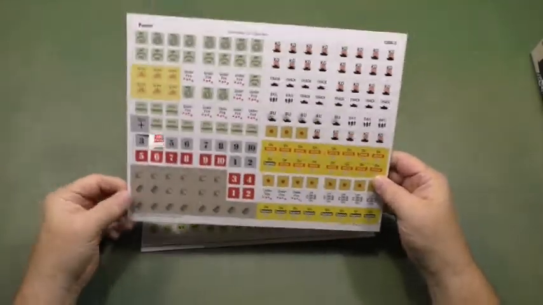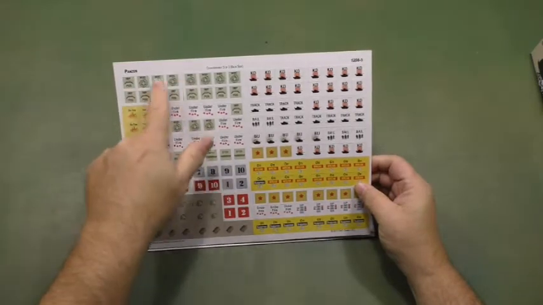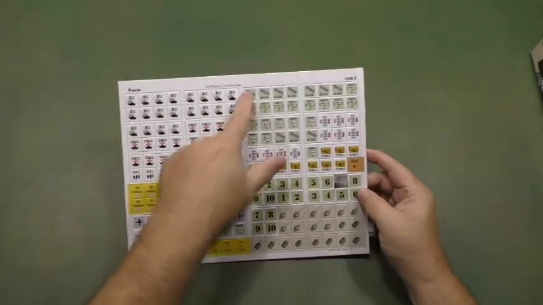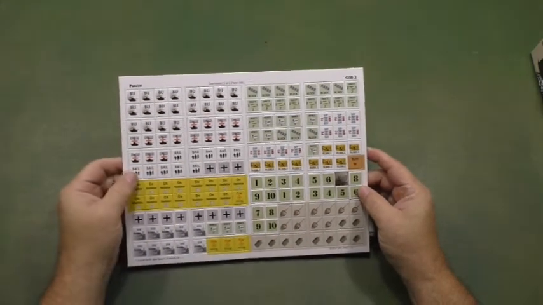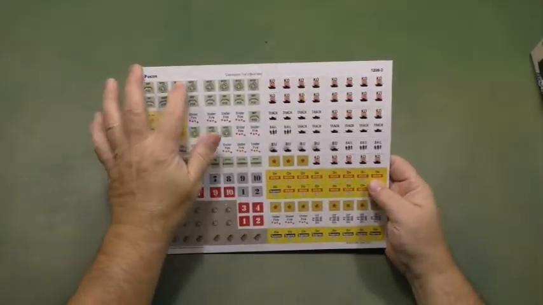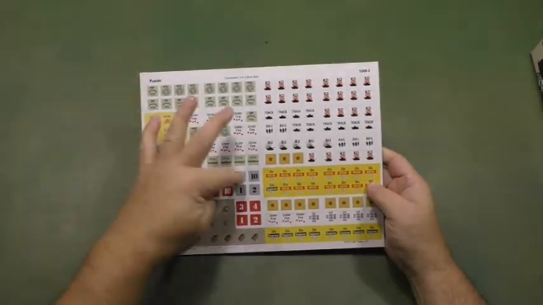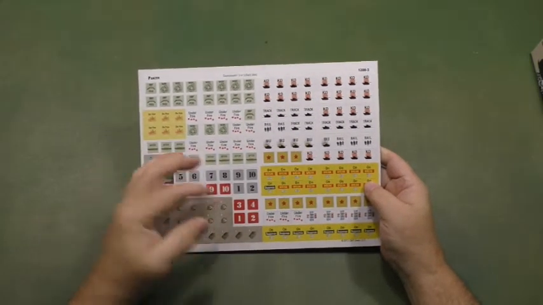But the thing is, on the other side, you have different things. For example, this is wire, and on the other side, it is block. So basically, they restrain you. They give you 1, 2, 3, 4, 5, 6, 7, 8, 9, 10 blocks, or barricades. And they give you the same number of barbed wire positions, but they are on the back of each other. That means you have to decide if it's going to be